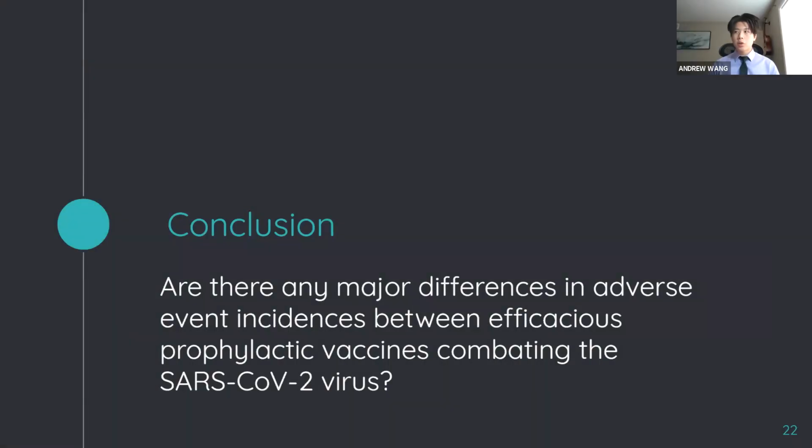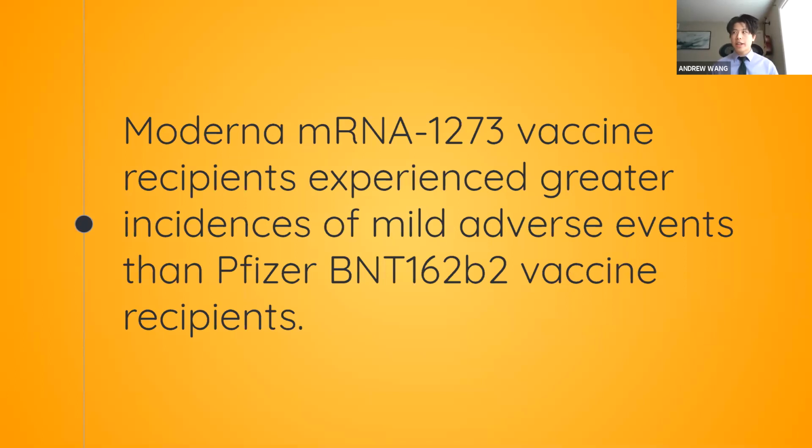And so, in answer to the initial research question, Moderna mRNA-1273 vaccine recipients experienced greater incidences of mild adverse events than Pfizer BNT162b2 vaccine recipients among those who experienced adverse events. Of the 5 representative major mild adverse events, 4 of them were found to be statistically significant with p-values below 0.05. In addition, the calculated percentages of adverse events compared from Moderna to Pfizer are also in support of this